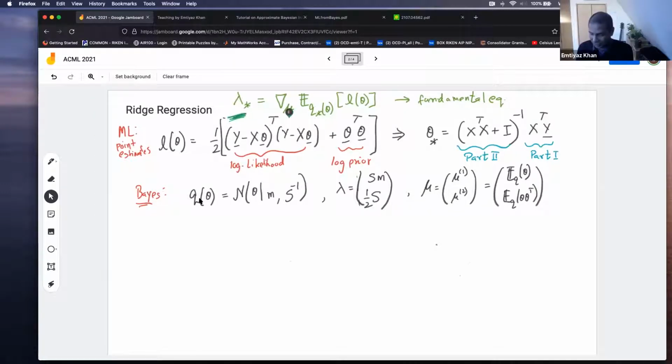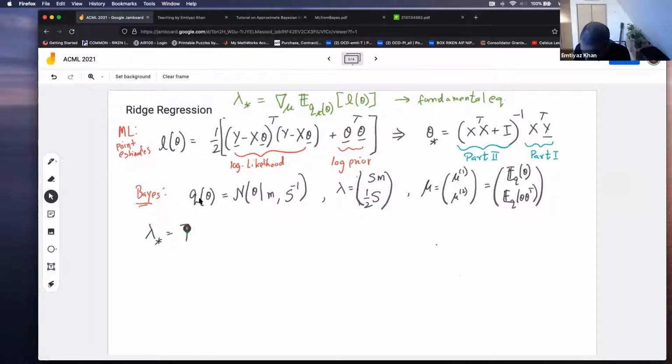Okay, we have mu, and then we have q star of theta. So we have q of theta, so three of those. And now what I'm going to do is basically try to derive that equation for this example. So let's start with the fact that we know that lambda star, meaning at the optimum, should be